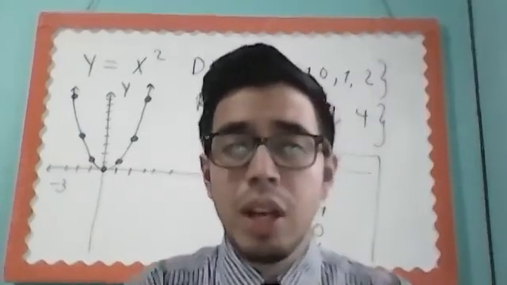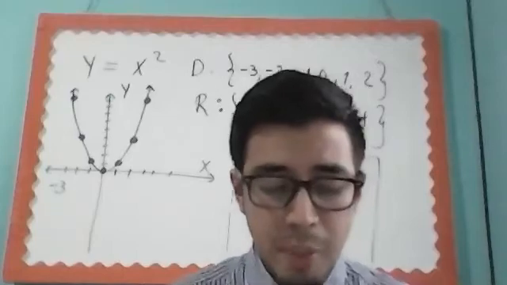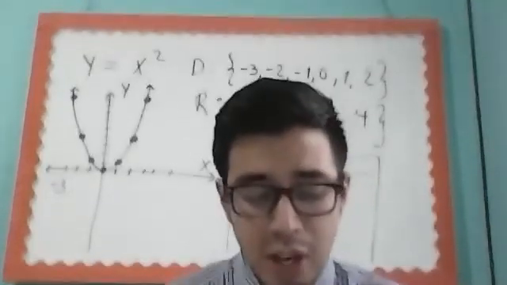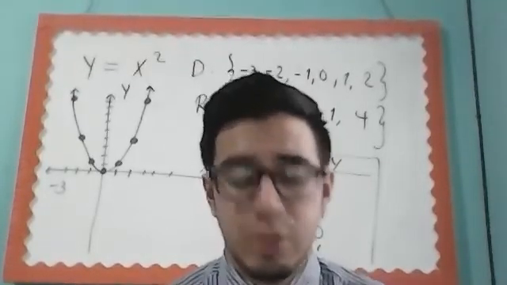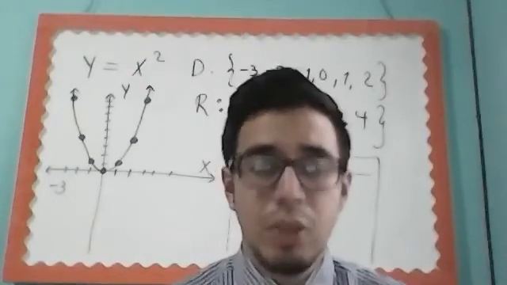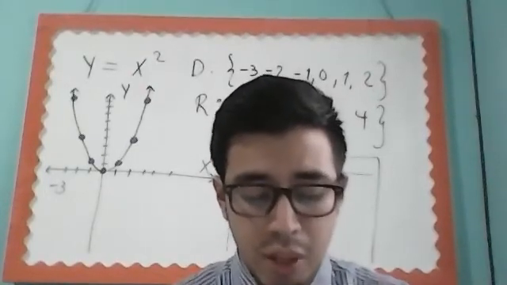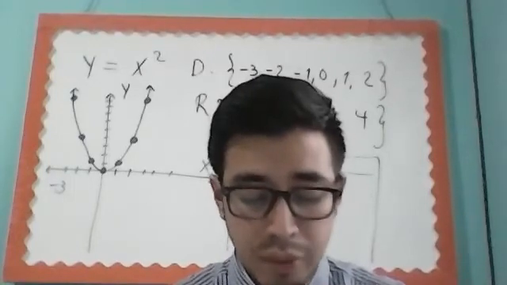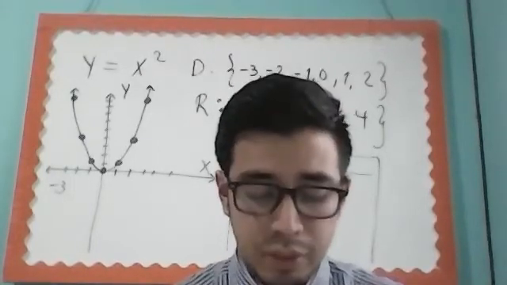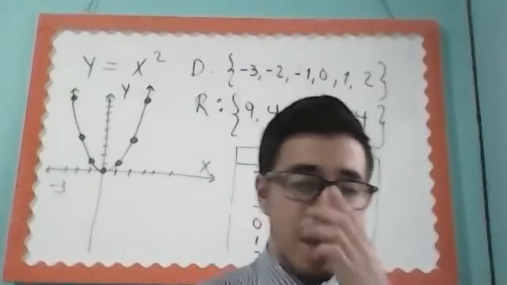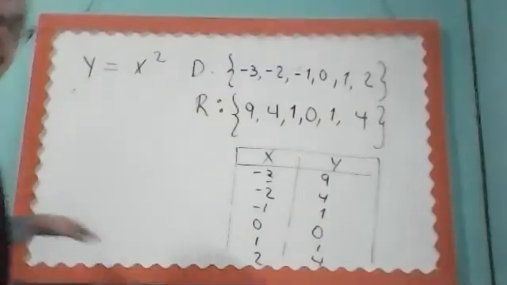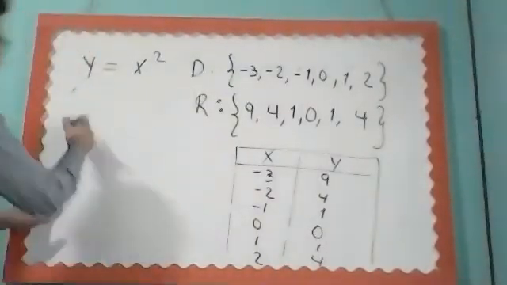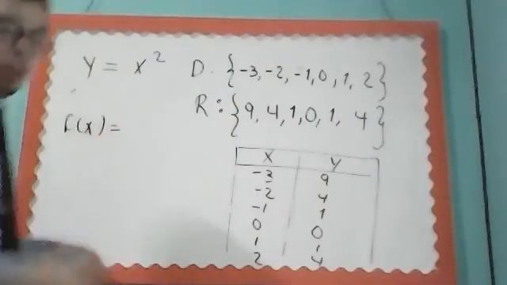So in the part of the homework, I assign you example 1. They give you the values of the domain and the range in this one. So you obtain the values for the other variable. And later you graph. Remember that you need to graph in each one. In example 2, the same. You need to graph each function. But in this case, for example, guys, if they give you the function f of x equals